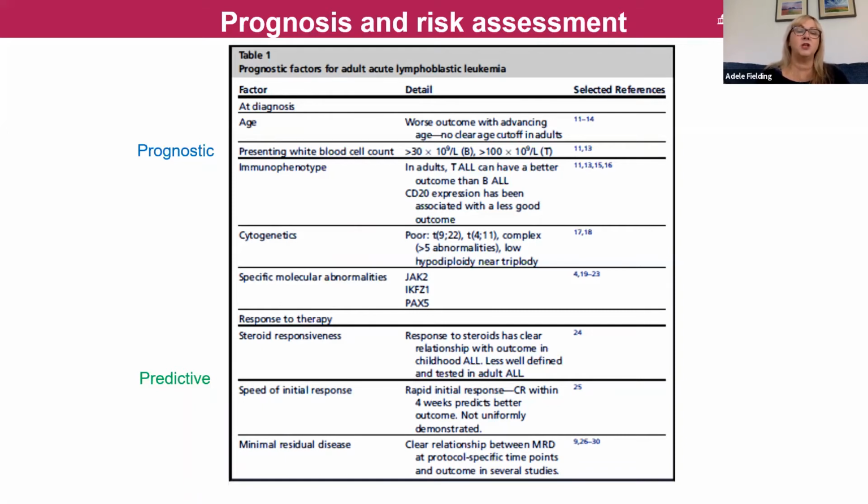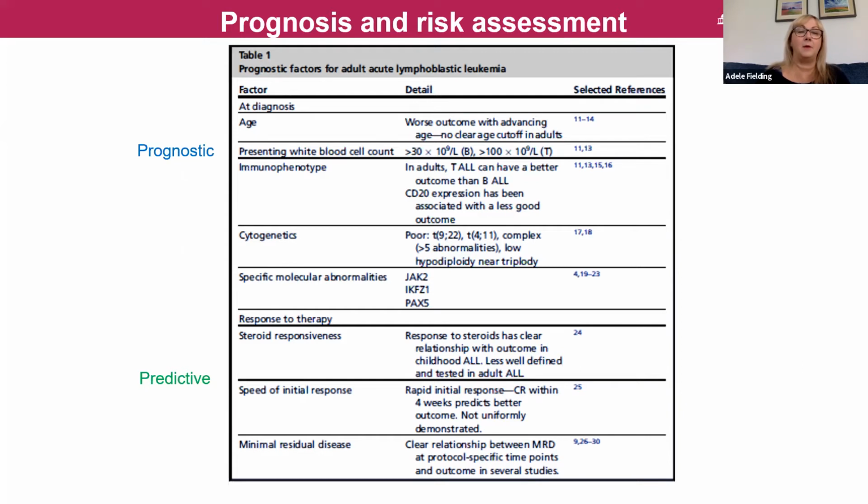We know that certain cell surface expression of certain markers like CD20 can be associated with a less good outcome. We know that certain abnormalities that you find in cytogenetics, and certain molecular abnormalities, very similar to how it works in AML, can also have a lot to say